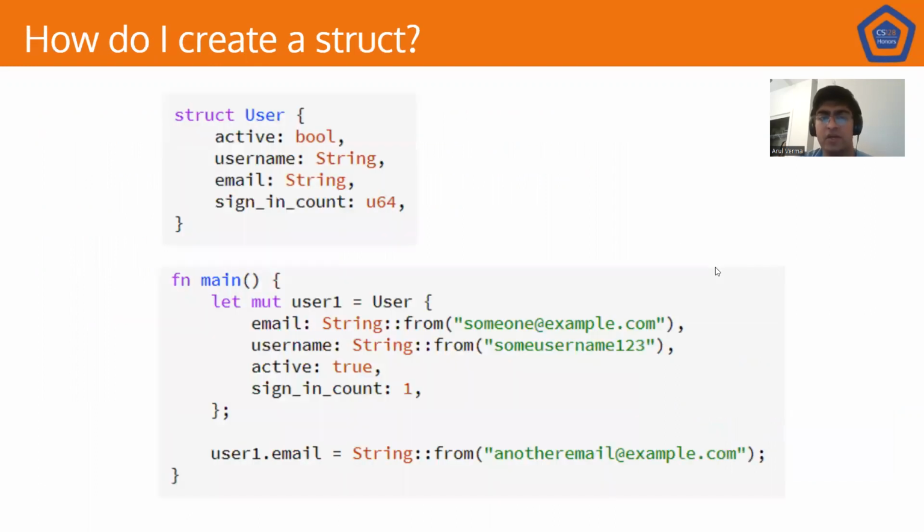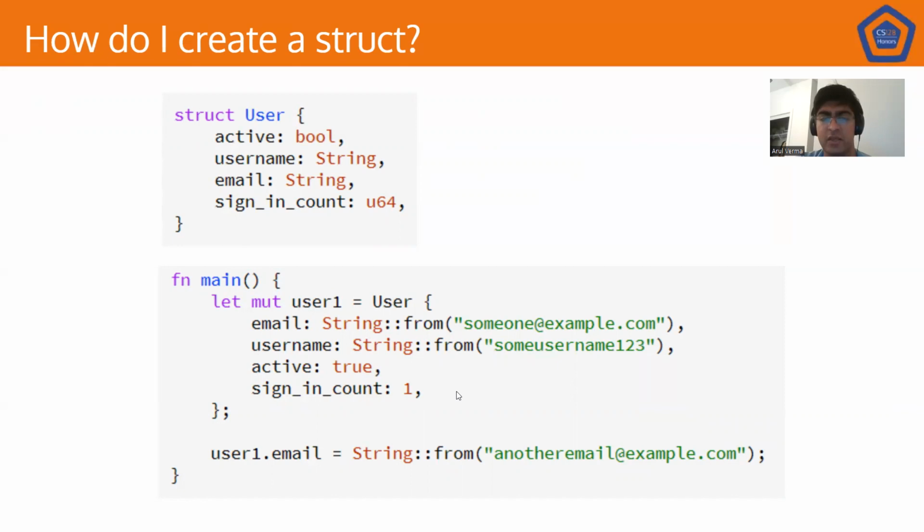So how do I create a struct? Well, the keyword there is struct. So you just create your struct using that keyword. Then you use the name of that struct, and you use curly braces to indicate where your struct starts and ends, and then you fill in all of your variables, along with their types, and you comma separate. It's very straightforward to create a struct, and creating an object is not much different. You use the keyword let as if you're creating a variable, the name of your instance, and then equal to the name of your struct, curly braces, and then you fill in all